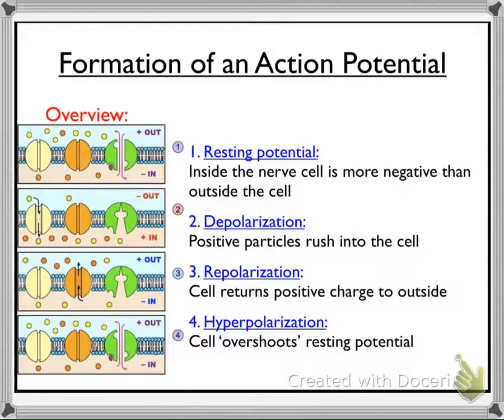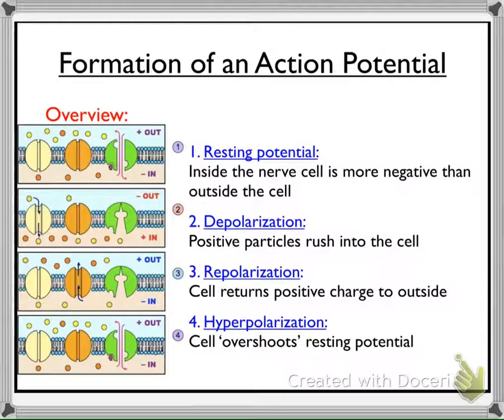So at the start of our action potential, our neuron is going to be at resting potential. This is the default state for a neuron. And during resting potential, what we observe is that the inside of the cell is more negative than the outside of the cell. Then, once we have a stimulus that causes the action potential to continue in a neuron, the next stage is going to be depolarization. And during depolarization, positive particles rush into the cell, making the inside of the neuron more